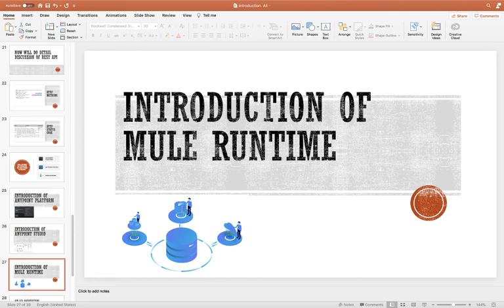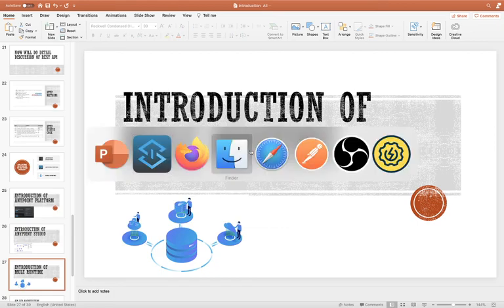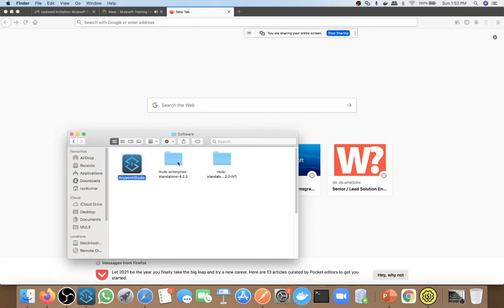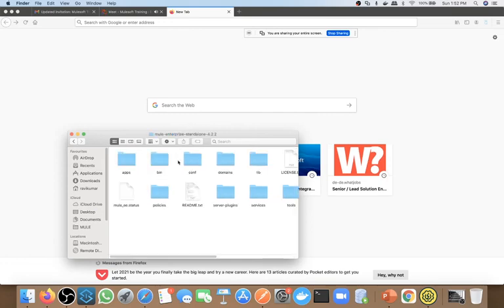So we will use that capability and run our Mule application in Anypoint Studio only. We will not use a separate Mule runtime. But if you want to see, as I told, when you download, you will get this Mule runtime, and you can start it and deploy your application here.